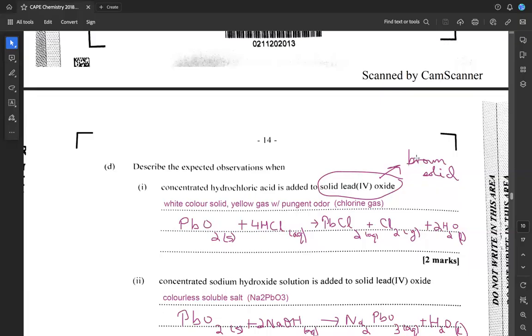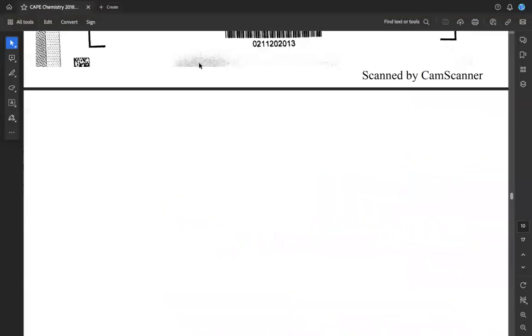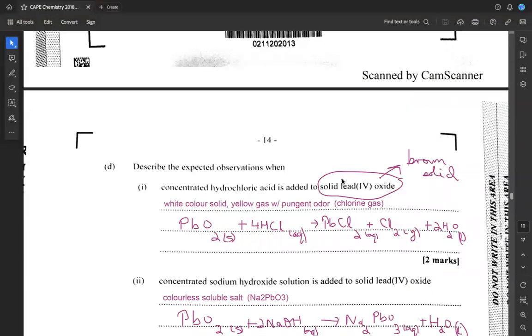So the lead-4 oxide is originally a brown solid. So let's just keep this in the forefront of our minds. The lead-4 oxide is originally a brown solid. When we take that brown solid and we react it with concentrated HCl, what's happening is that lead oxide is amphoteric, so it has both basic and acidic characters. Let me just jot that in here while we're here. So it's what we call amphoteric,